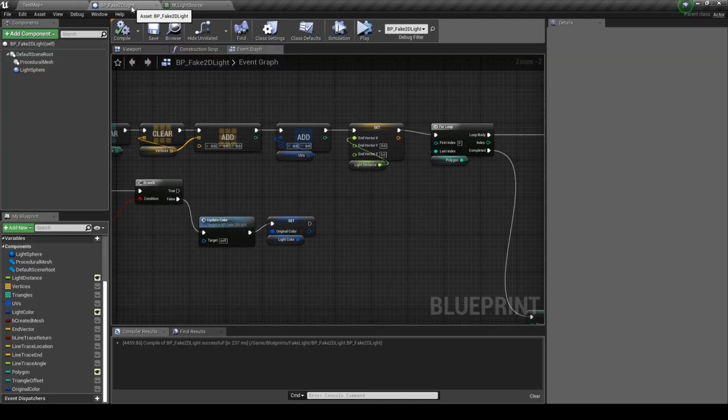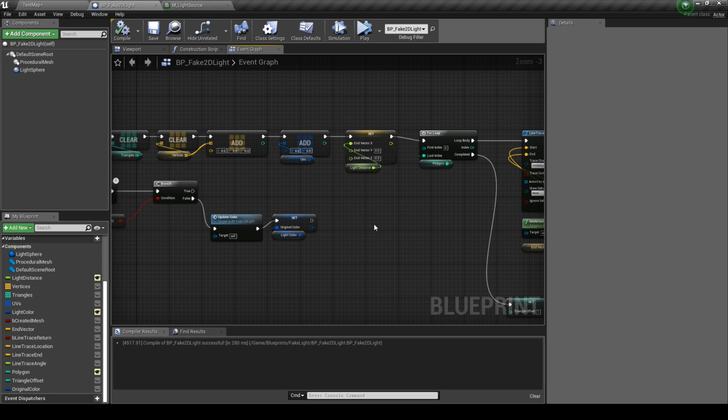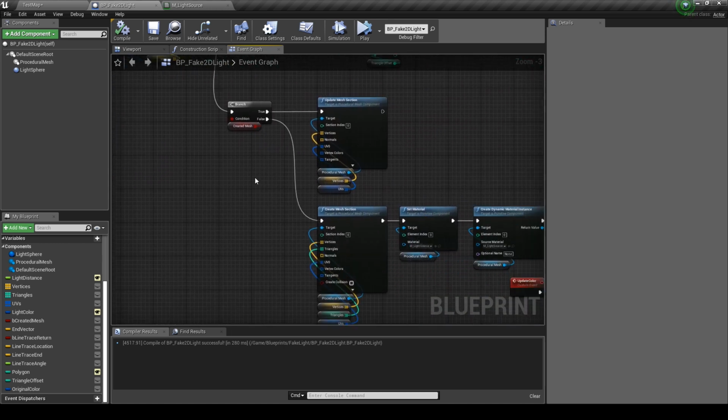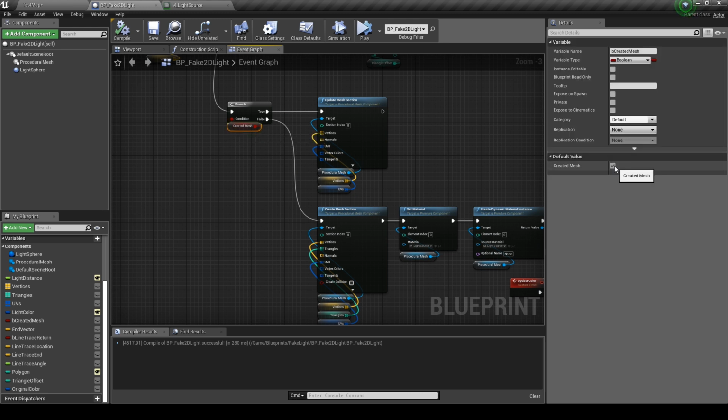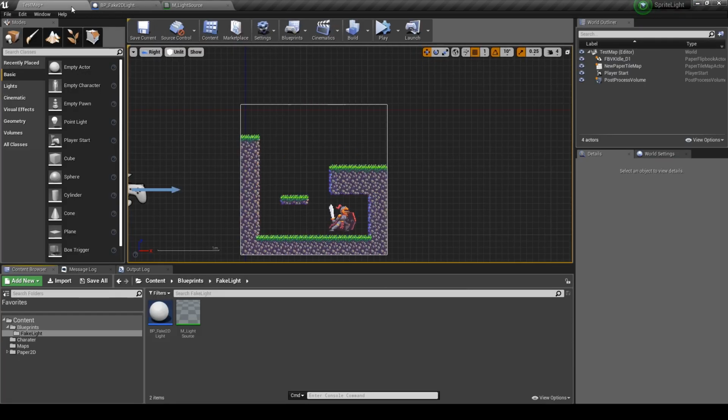If we go back to our fake lighting, if we compile it and save it, there shouldn't be any errors, but I just realized that this branch will continuously only update the mesh section because we didn't set it to false. So click the create mesh, set it to false, compile it and save. Now if we go to our test map, and if we drag in our fake lighting system we just built,